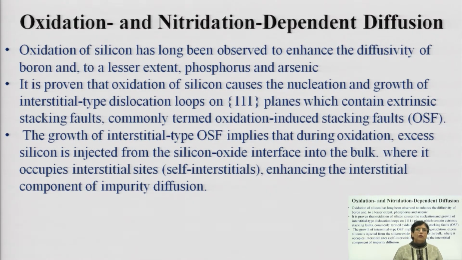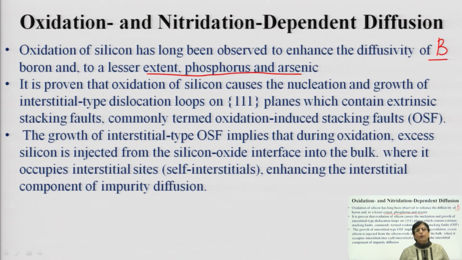the desired profile. The oxidation of silicon has been long observed and very well studied, and you can get enhanced diffusivity in the case of boron. In the case of boron, the lattice defect mismatch is too high, and therefore you do not have much controllability in that case. But in the case of phosphorus and arsenic, you get the enhancement to a lesser extent, and in the case of boron you can manage that very well.